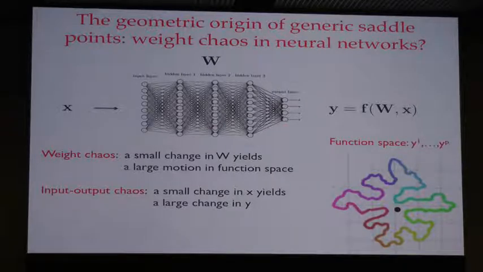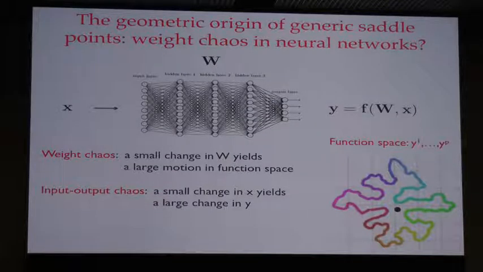So that's a single point. And if you're using squared loss, for example, of the output, then geometrically the error surface is just Euclidean distance from the training data to each point in function space. It's a scalar function on this manifold. So any kind of saddle points in the manifolds traced out by function space will turn out to be saddle points in the error landscape, just because of this geometric picture. So the geometry of function space is incredibly important in understanding the structure of the error landscape.